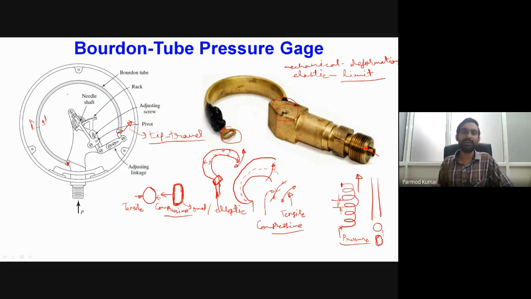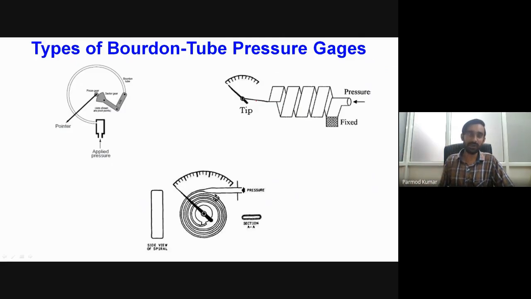Okay, this particular type of Bourdon tube gauge is known as a C type gauge, because here you can see the shape of the Bourdon tube is identical to that of the alphabet C. So that's why it is called a C type gauge also. Okay, then Bourdon tube gauges also come in different types. One type I have already specified to you. This is known as C type. Then another type is the helical Bourdon gauge. So in case of the helical Bourdon gauge, what will we be having? We will be having a helix type structure.